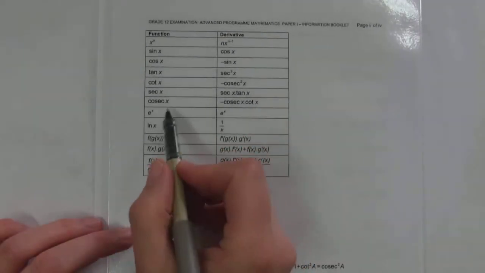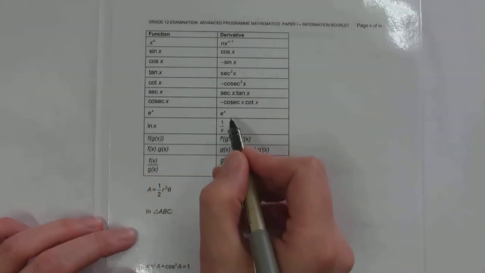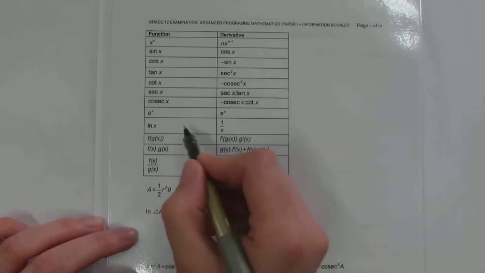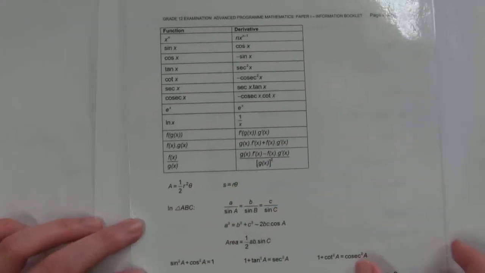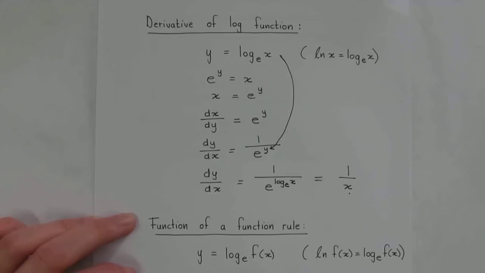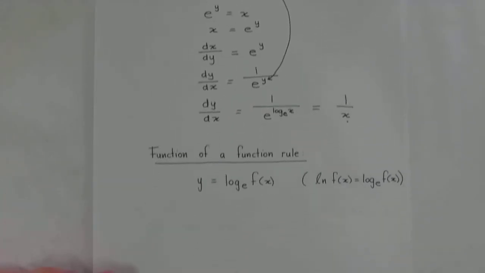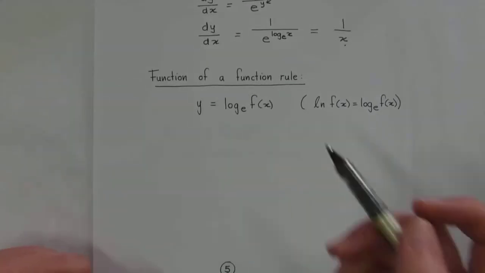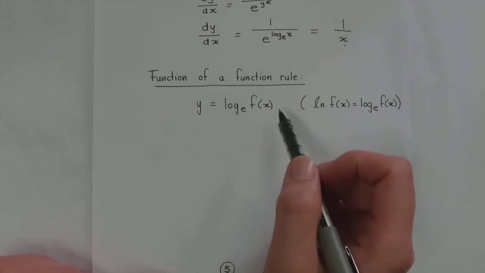Right there. The function is ln x, the derivative is 1 over x. So yes, it is on your information sheet. This was just pretty much to show you where that derivative comes from. Now, just like we did for e to the power of x, we also quickly have to talk about this one,